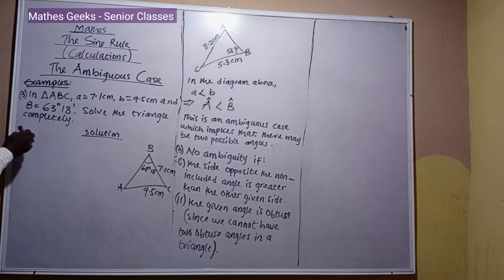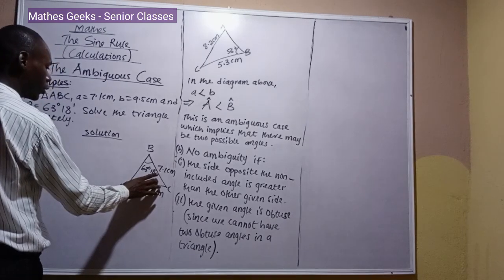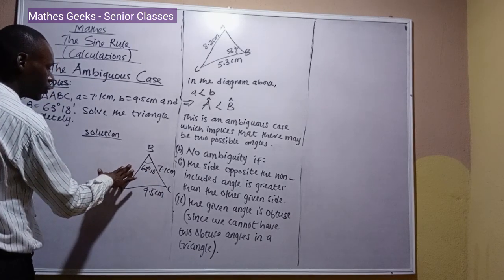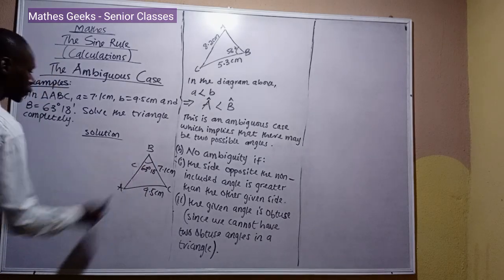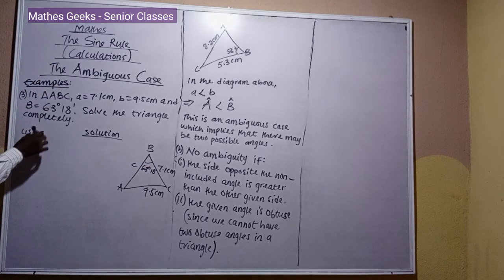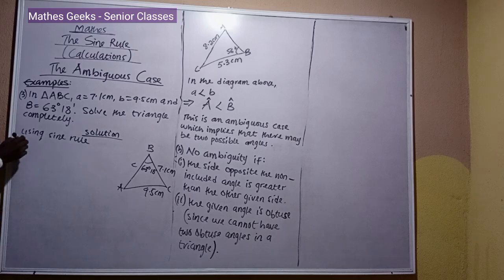So let's start using the sine rule. Right now we start to solve the triangle completely. To solve the triangle completely means that you should find all the unknown angles and also the unknown side. So we're going to look for these two angles and this side c. Using the sine rule, we're going to start off with sine A over a is equal to